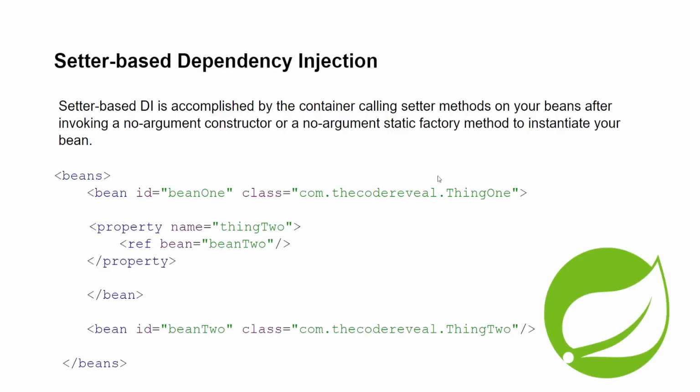In setter based dependency injection, the container calls the setter method in our beans. First it will call the constructor with no argument, and then once it gets the reference of that bean, it will call this setter method to inject the dependencies. This is the example. Here we have created two beans and we are using the property name. So this is the nested setter reference. We are passing the reference in a nested property, and we are using setter injection. Let's discuss this in the working code.